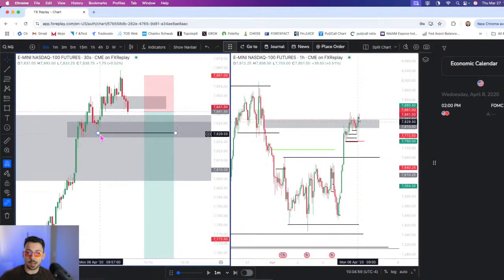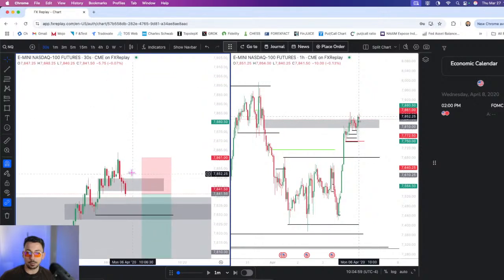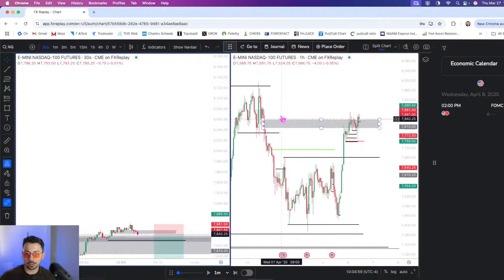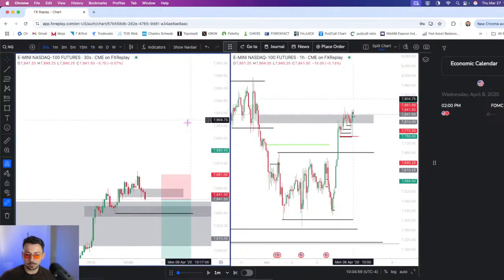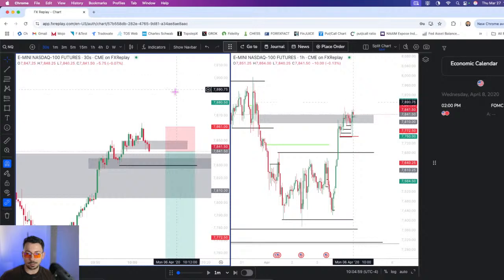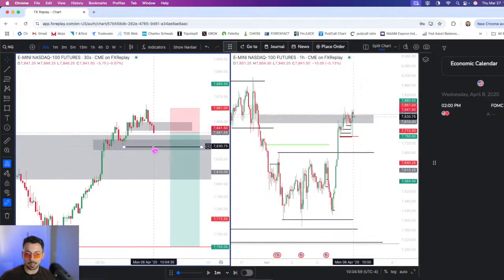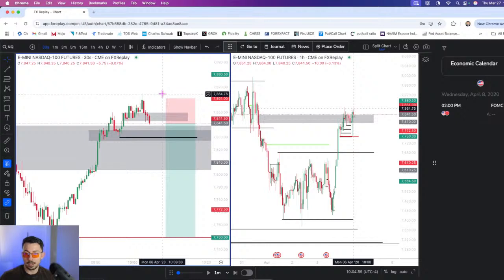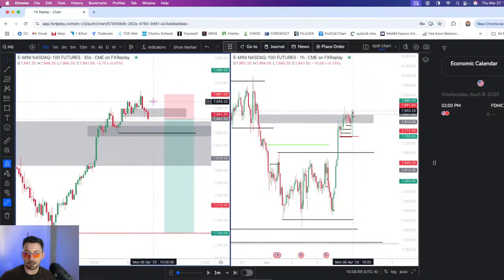So the reason my stop is to break even here is because if we are bullish on the day and our ultimate draw is higher, which is possible, don't get me wrong, I would expect this liquidity to drive us much higher. So that's why immediately I move my stop to break even. And if I am correct, we're just going to completely collapse. So this should be a free trade. If not, it's a very small loss. My stop loss on this will be a 30-second close back above these two inverse fair value gaps.